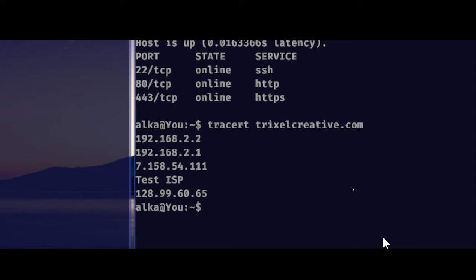First of all, my own computer is a node, so obviously I have to get from me to my own router, which is 192.168.2.1. Suspiciously close to my actual real-life internet, by the way. And then I have to connect to some other node at my ISP. I have to connect to 7.1 or .150.59.111, which I will assume is some sort of node at my internet service provider. And then I have to connect from there to my actual ISP. Maybe it's an internet exchange, but then the ISP knows about TrixelCreative.com because we're coincidentally using the same ISP, and